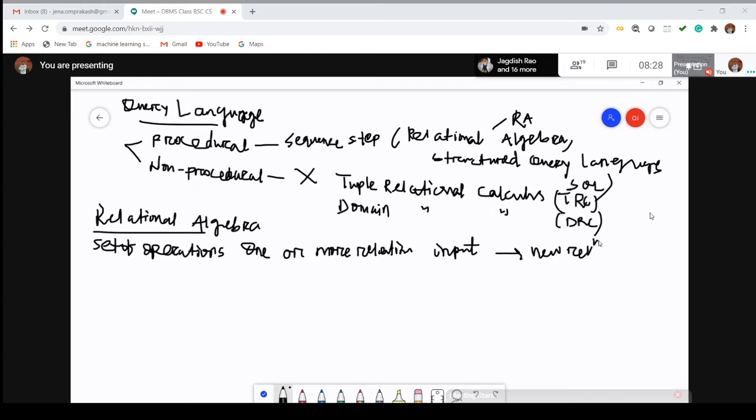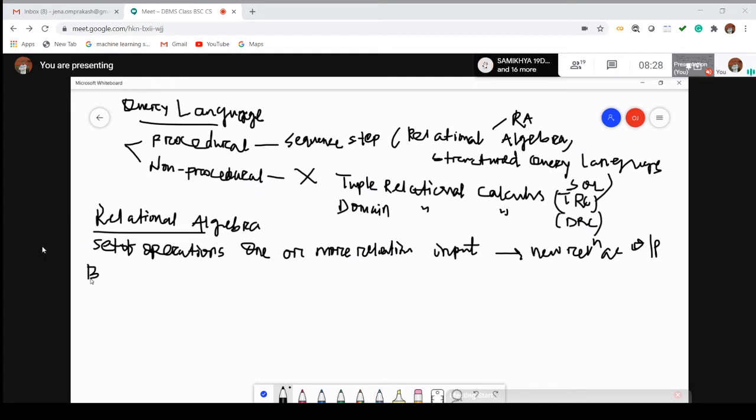It will take one or more relations. Suppose one relation is student, another relation is department. It may take multiple relations and produce a new relation as output. Normally there are three basic operations associated with relational algebra.